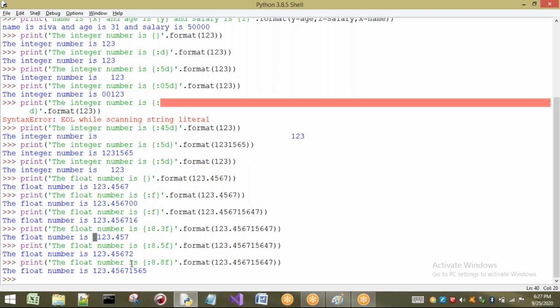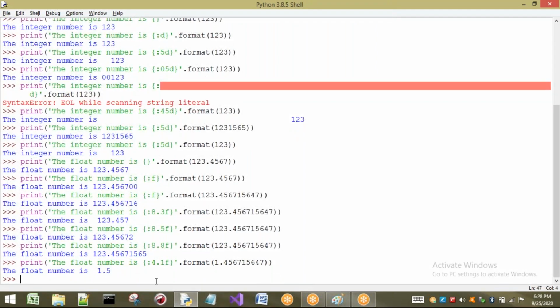Let us take one more small example here. I will take only 4 here, and here I will take only 1, and here I will take only 1 point something. Now you can observe clearly what happens. Total should be 4. How many can you find here? 1, 2, 3. And one space is there before that. Total should be 4, minimum 4 should be there. If the minimum number is not 4, then what I have to do is add spaces on the left side.